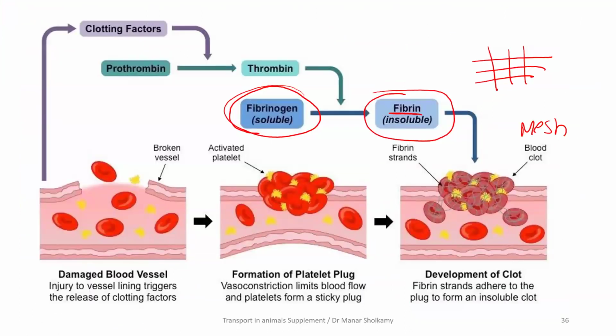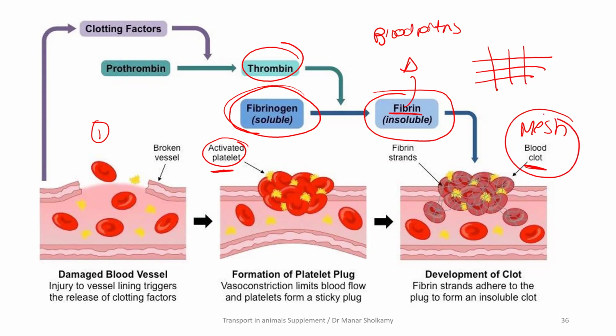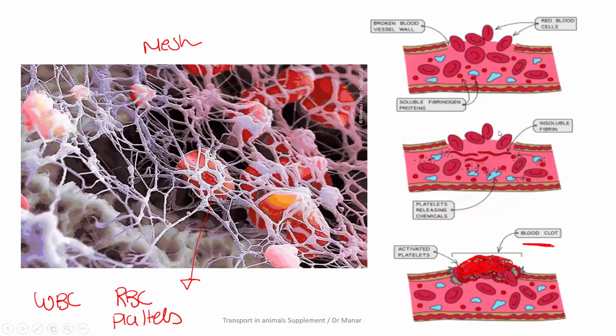Blood clotting. You have injury. See, number 1, injury. Number 2, activated platelets, activated enzymes, the thrombin enzyme. This enzyme and the platelets will convert soluble fibrinogen into insoluble fibrin. Fibrinogen and fibrin, these are types of blood proteins. They will create a mesh, and this mesh will attract or trap red blood cells, white blood cells, and platelets, and then they form a blood clot. It will heal by mitosis, and it will take time until you are just fine. This is the mesh. Easy?